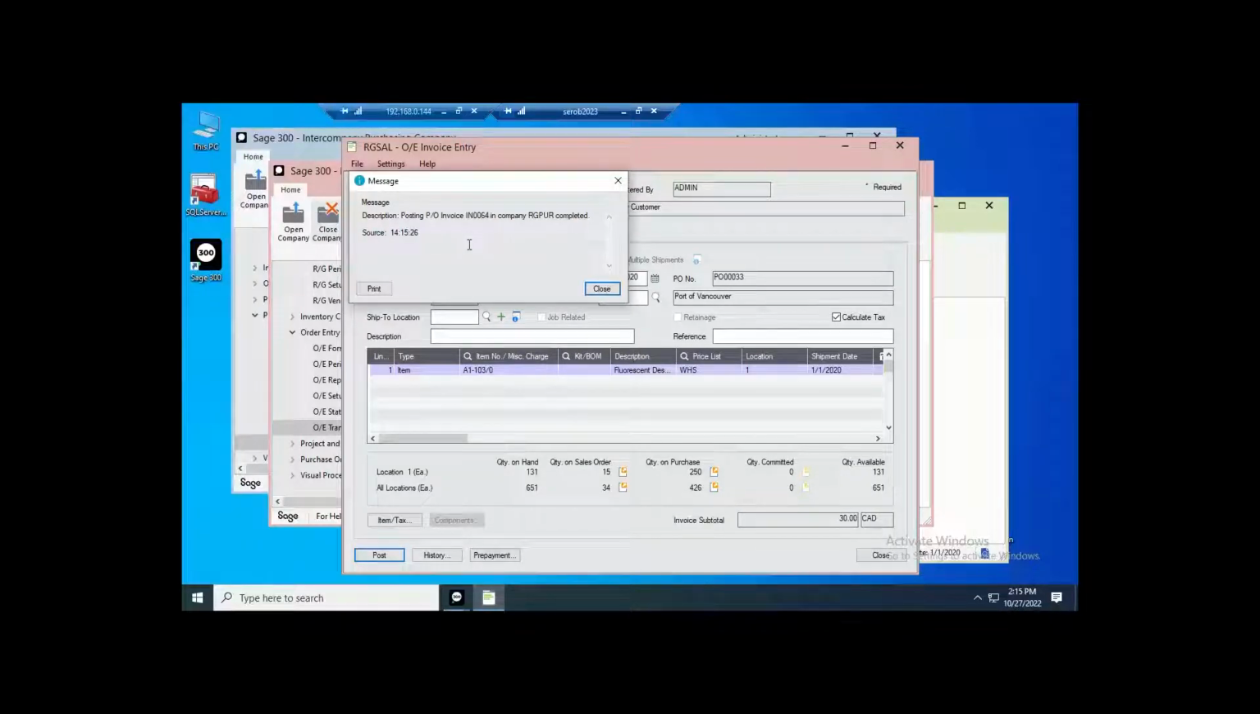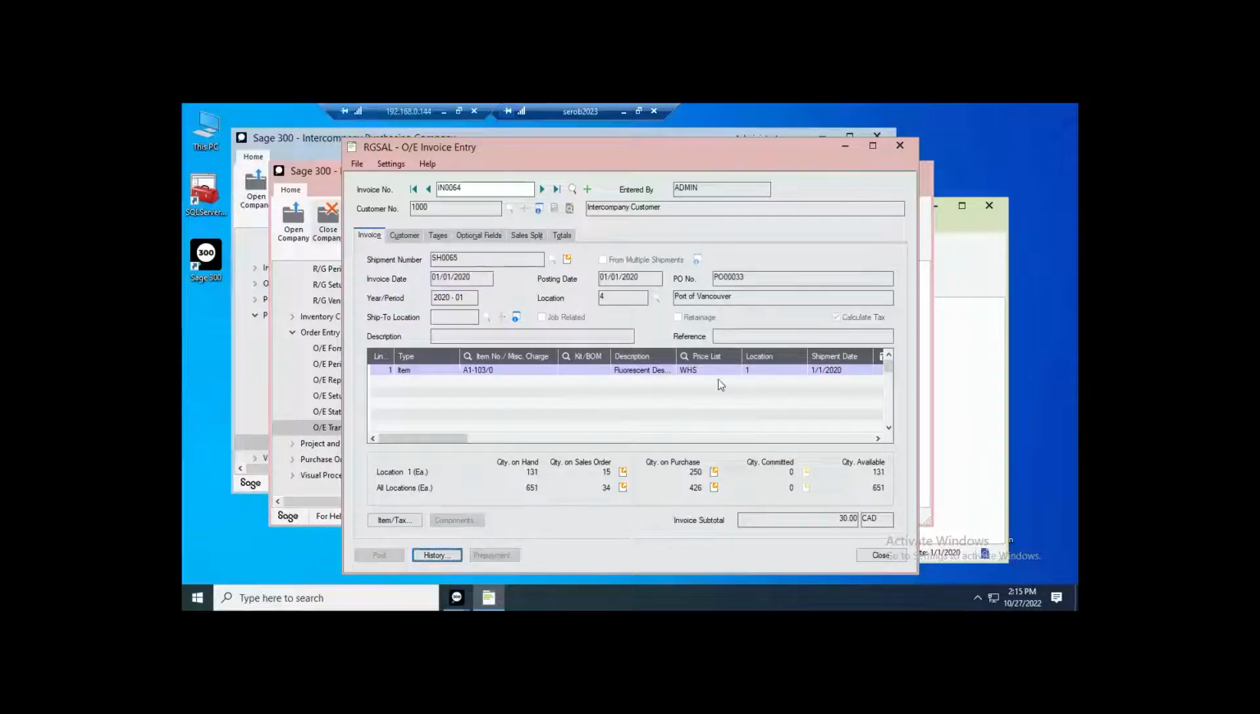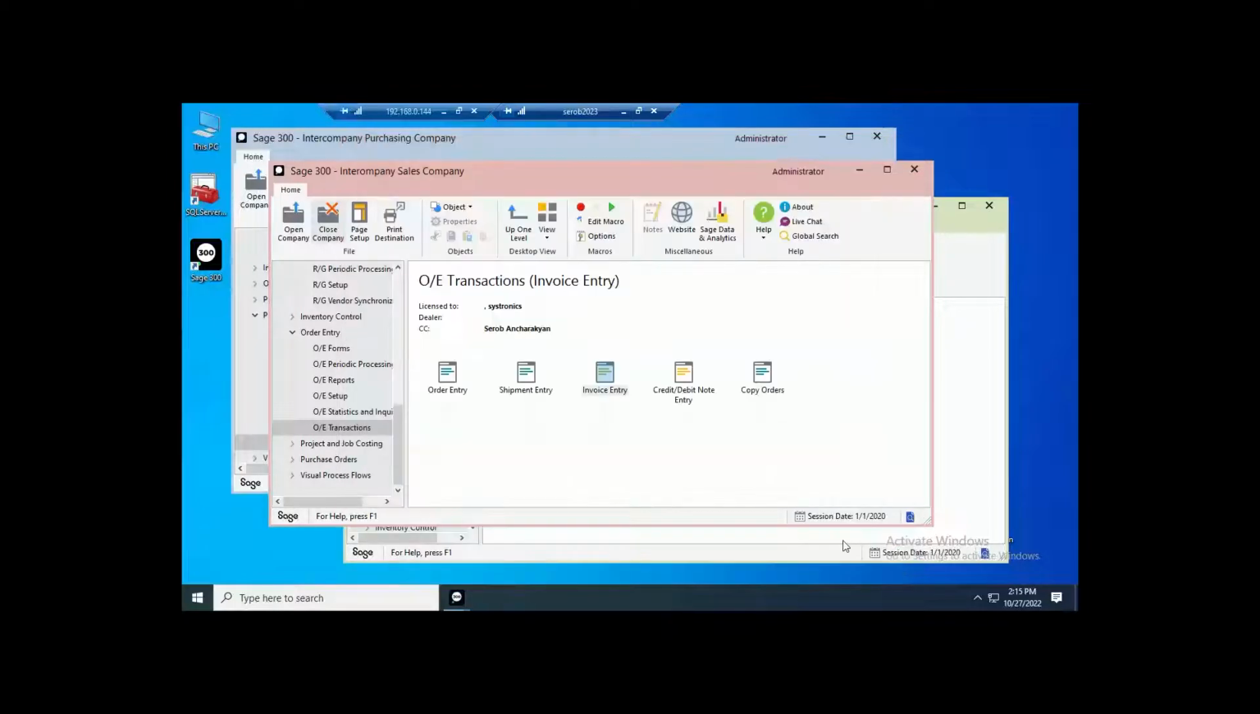The message is informing about the invoice creation in that purchasing company. This is the whole cycle of this POE trade automation. Next? Actually, this is the cycle of the POE trade automation, but we have also another trade automation submodule, which